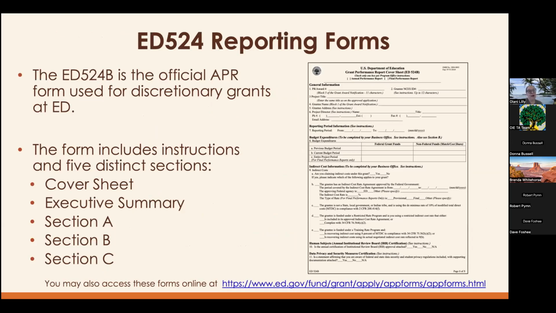These are all the required forms, reporting forms. You have a cover sheet and an executive summary, a section A, B, and C. When it comes to looking at, for example, your cover sheet, you want to make sure that it is the most up-to-date cover sheet. And the way you can do that is by checking this number in the top right hand of your cover sheet to check to make sure that the expiration date at the top right is